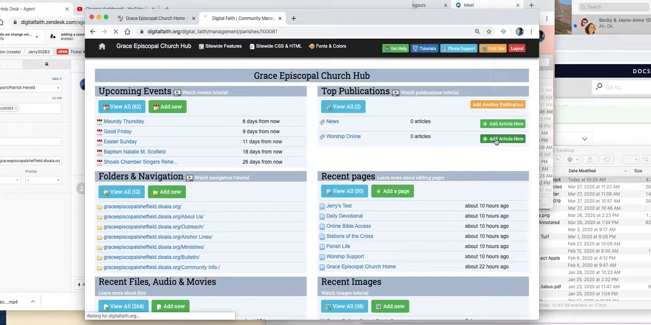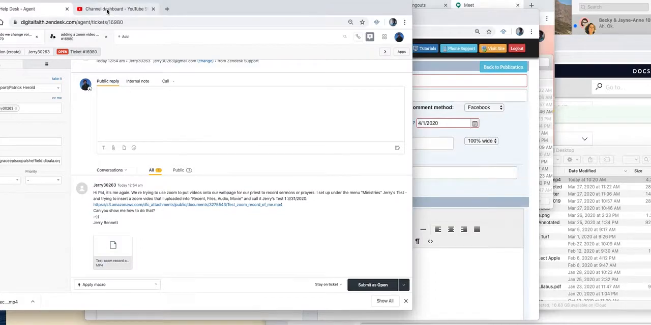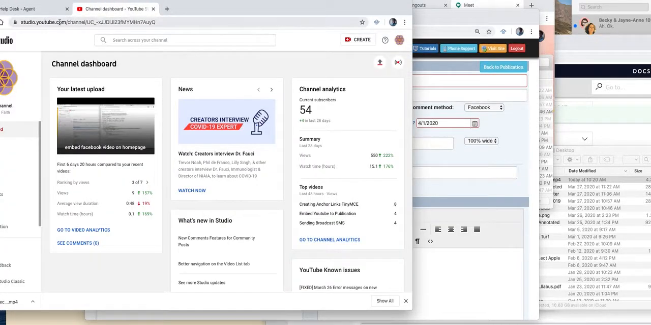And what we want to do is click Add Article here. And then we can title this, so I'll just say Jerry Test, and we'll leave it for April 1st. And then you'll see here there's an embed video link. So where do we get that from? Well, the easiest way to do this, and I've done this with a bunch of churches, is to go to